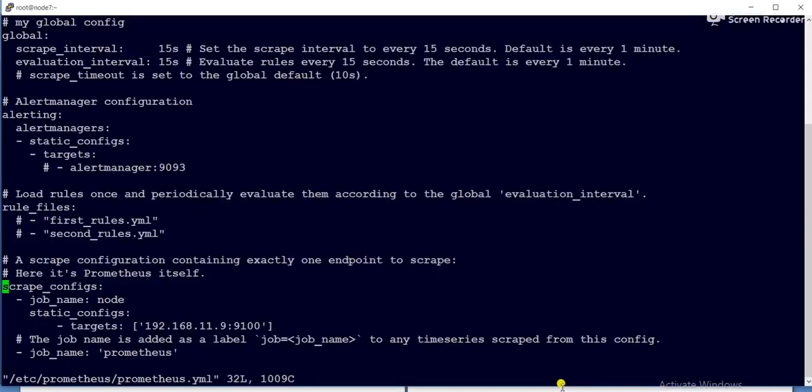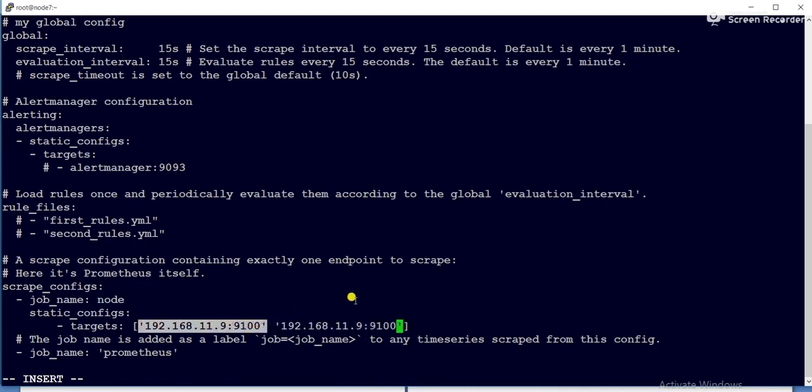Under scrape_configs, in the targets section, there is only one target, so now we'll add another target. In this case our IP address is 11.10. Now the new target got added. The job name is node, and this is the second target.